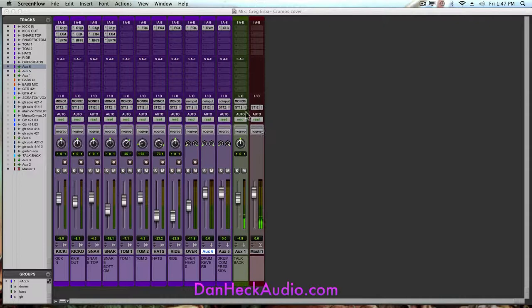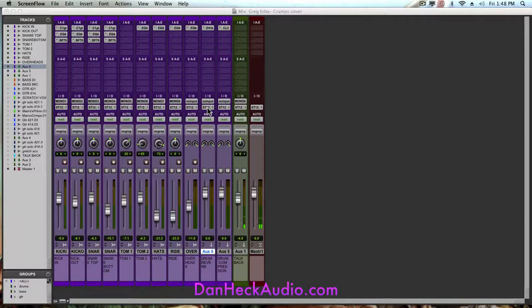Alright, so what I'm going to show you here is how to do a parallel reverb. The benefit of doing this is it allows multiple tracks to share the same reverb unit. If we have a drum kit, we want all the drums to go to the same ambient room that we've created with our reverb. Sometimes we will do snare drums to have a different reverb, doing a gated reverb sound